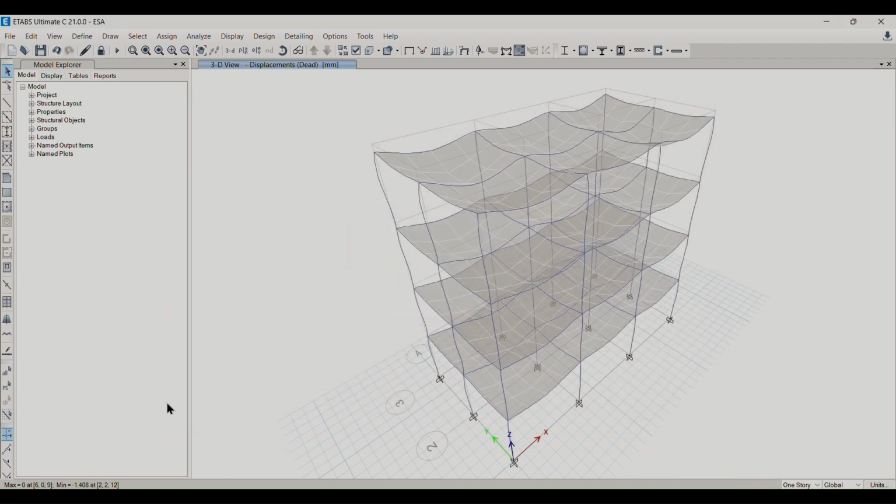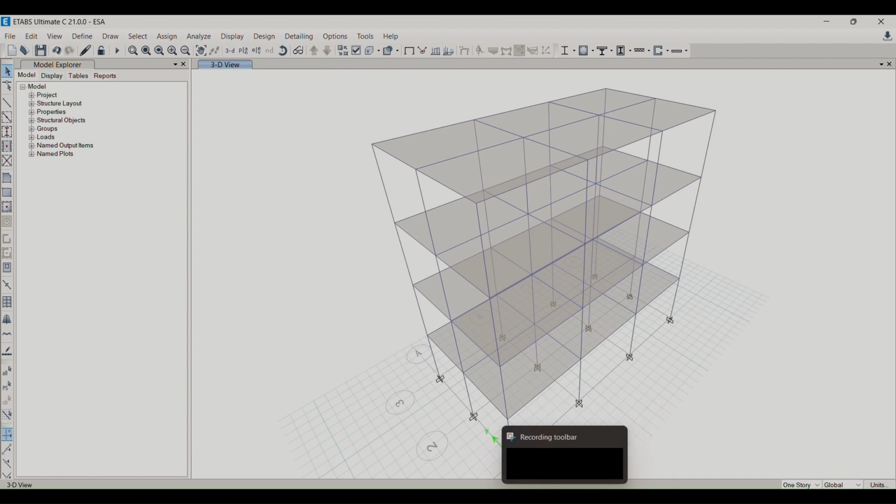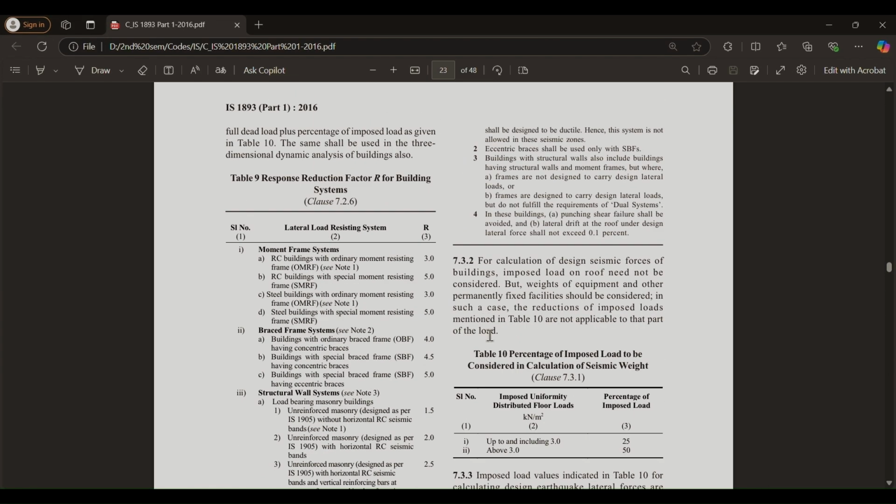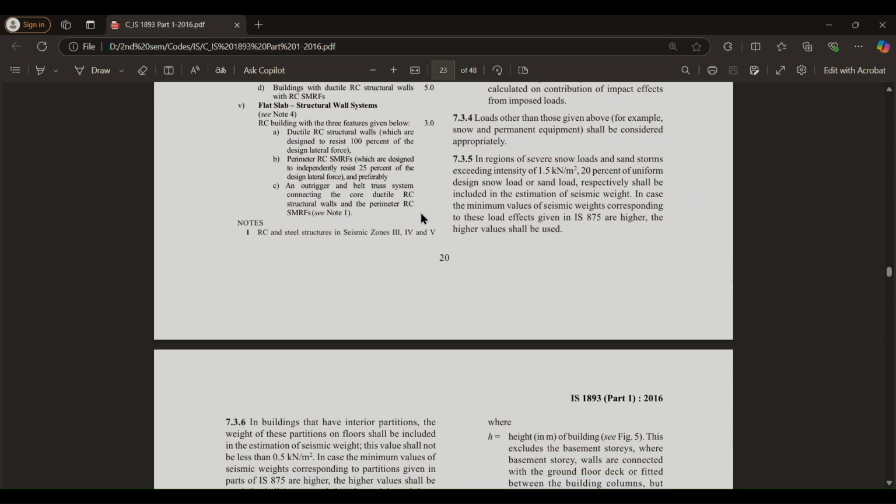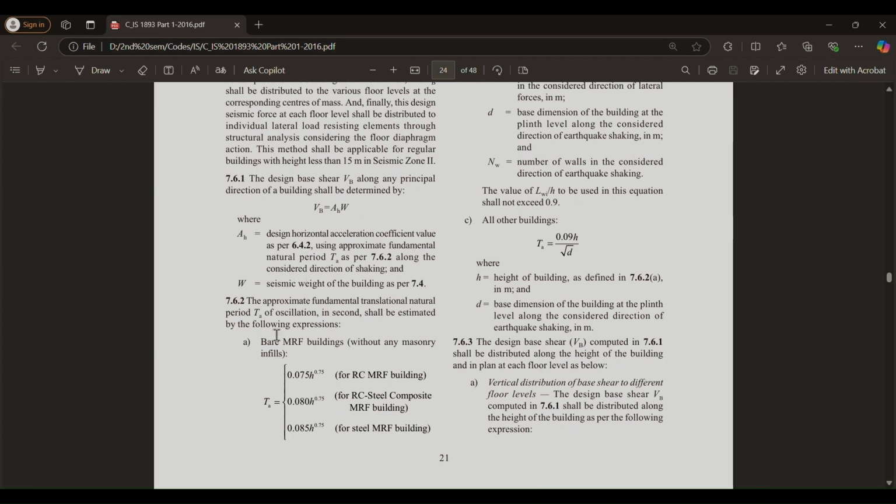Now again unlock the model. I want to show you one more important thing. Actually in my structure there is an infill wall, but I am leaving the infill wall out here because modeling the infill wall is difficult. But because of the infill wall, our structure time period and performance will change. So what I have to do is calculate it. In IS 1893,